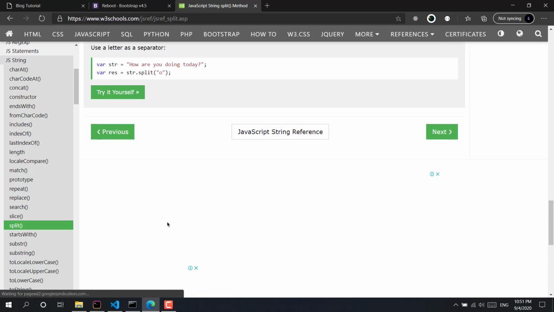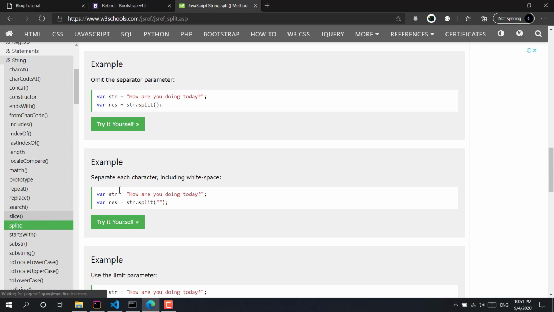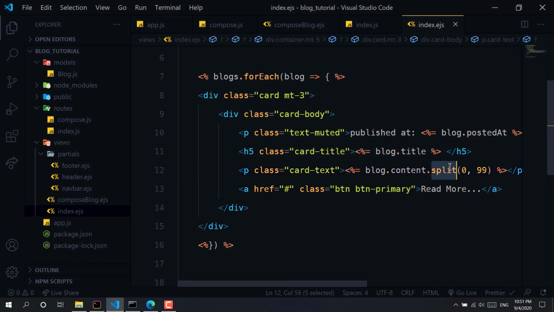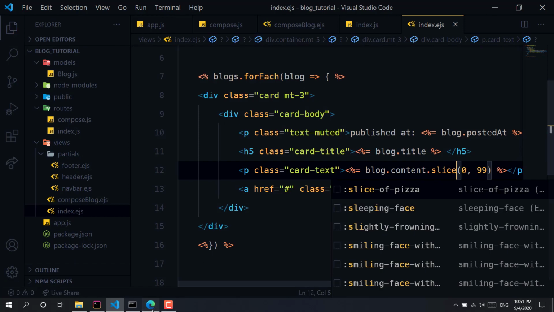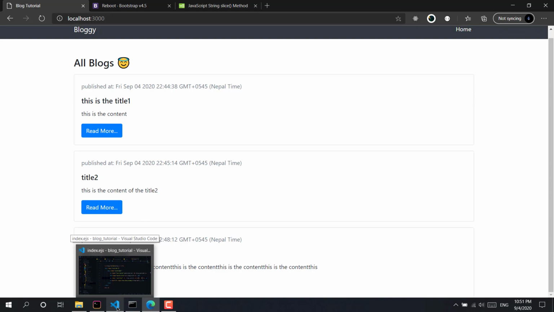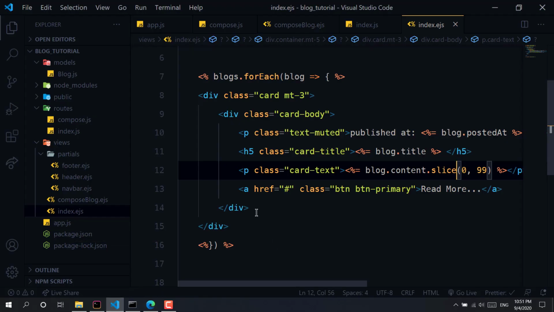We don't want to split the string, we want to slice the string. So we need slice. Let me refresh, and as you can see, right here, we have only 100 characters. So it doesn't matter now how long the string is, it is only going to be 99 characters.